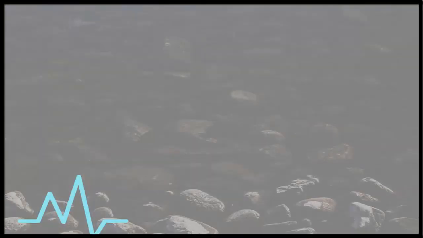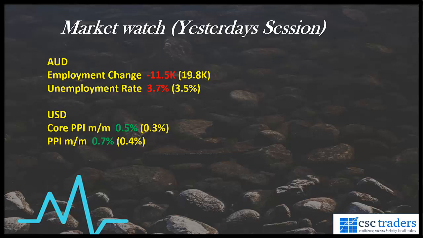All right, looking at yesterday's trading session, we had data come in locally from Australia. We saw our employment change number coming at negative 11,500 jobs. That missed the mark quite a bit to the 19.8 new jobs which we were expecting, and also the unemployment rate increased to 3.7%. Consequently, the Aussie dollar did take a bit of a hit yesterday, dipping underneath the 69 handle, but overall recovering somewhat in the last couple of hours, so it's only dropped around 25 odd pips for the session against the US dollar.